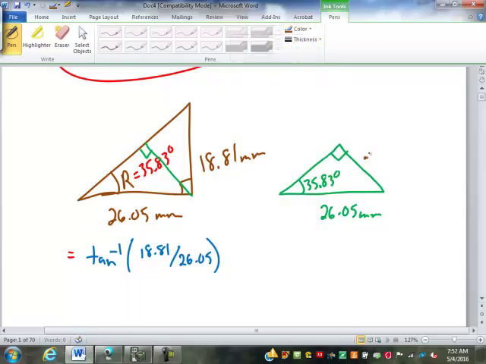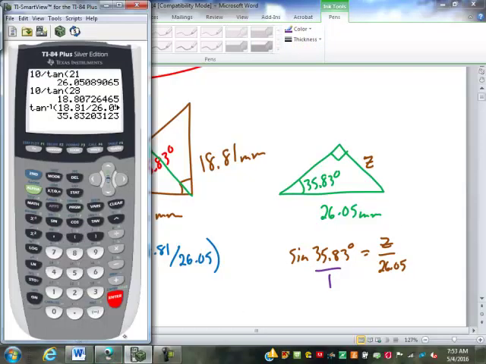To find this here, I'll call it Z. That's going to be the sine of 35.83 degrees equals Z over 26.05. Cross multiply and divide, it's going to be 26.05 times the sine of that 35.83, 15.25